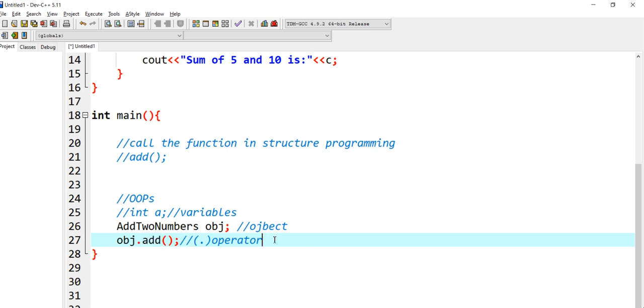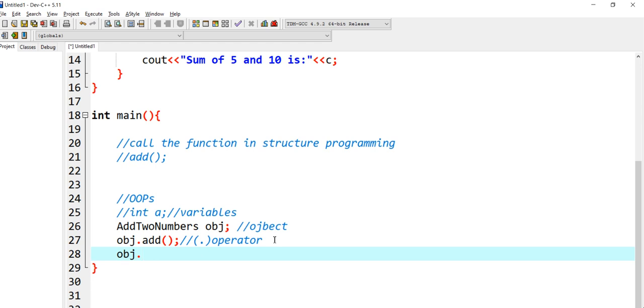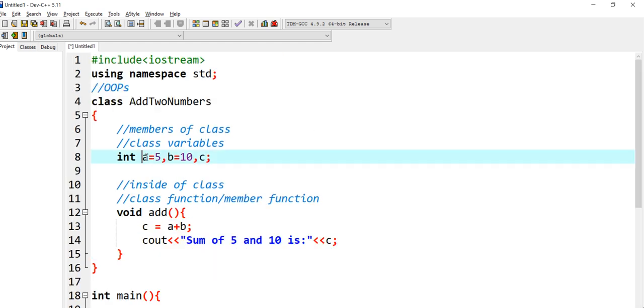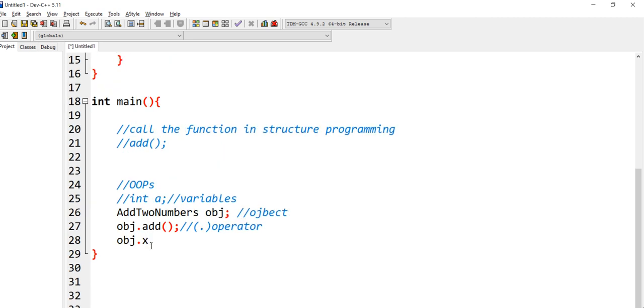Members means not only functions, I can even call the variables like x, or we have a, right? So we can call this a as a. I can even use the variables here, only using this dot operator.